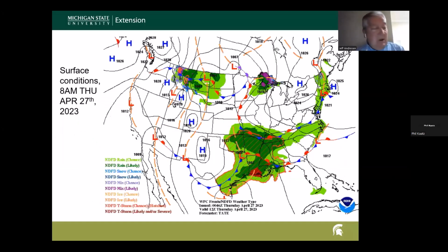So let's look at the forecast, what's up ahead here. Starting with current surface conditions today, there are several weather features to talk about. The first one is a frontal boundary, a little area of low pressure just north of the border. That's going to affect the Upper Peninsula today, but not the rest of the state. We'll be looking at rain and snow still mixed. It's cold enough for snow across the Upper Peninsula, but as we go south of the bridge, and certainly into the central and southern part of the state, we will be looking at a mostly fair, dry,